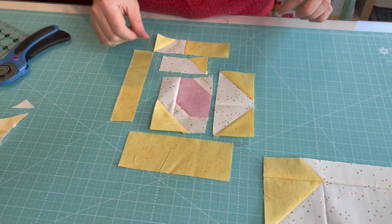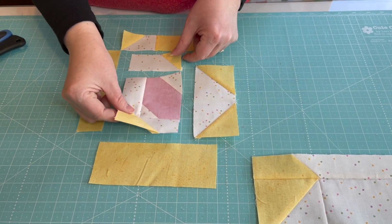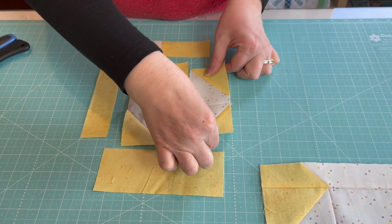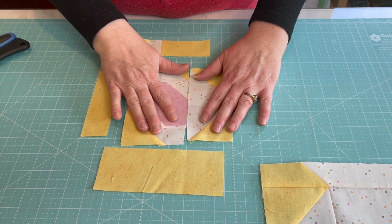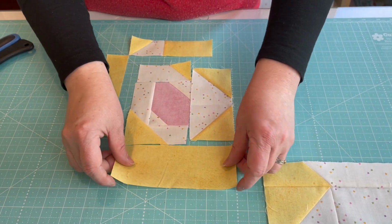Now let's take a peek because now we're ready to put our whole ear together, and this is going to be another multiple steps. So first up, we are going to take this piece and we're going to sew this to it. Once that's done, we're going to add this piece to it and sew those together. Then once that's a complete unit, we're going to go ahead and add this to the top,